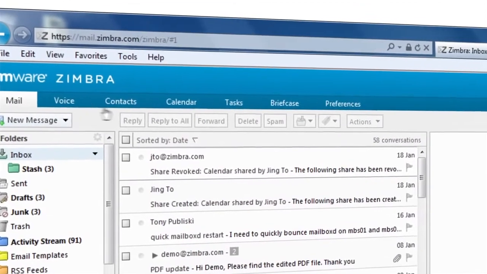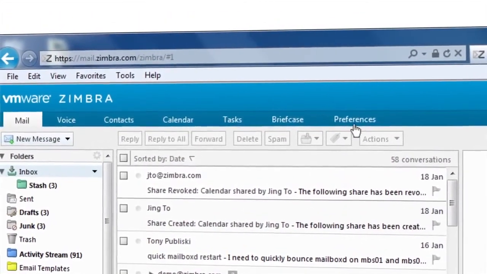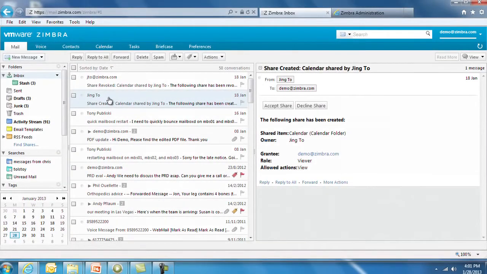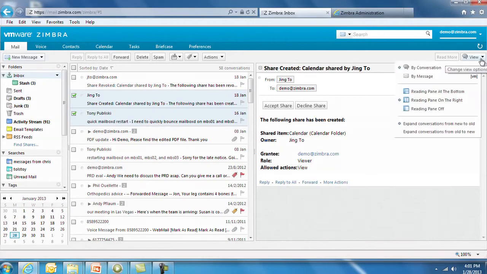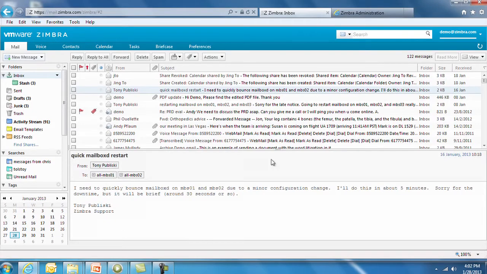Mail, Voice, Contacts, Calendar, Tasks, Briefcase, and we also have a Preferences tab. You'll see that the web client offers a rich user experience, including the ability to drag and drop multiple email messages. With the View drop-down, end users can choose between Conversation and Message View. Outlook users will be familiar with the 3-pane view, or you can select the more traditional view with the reading